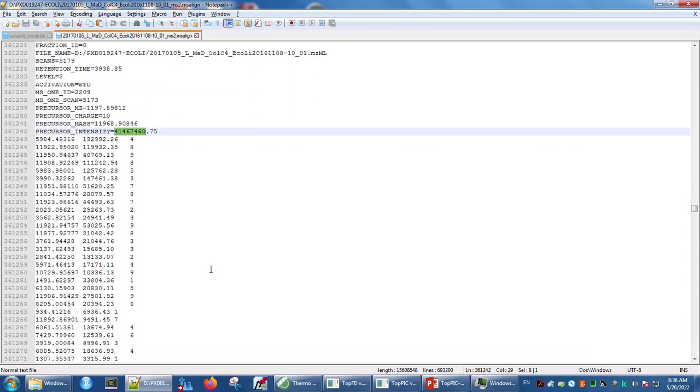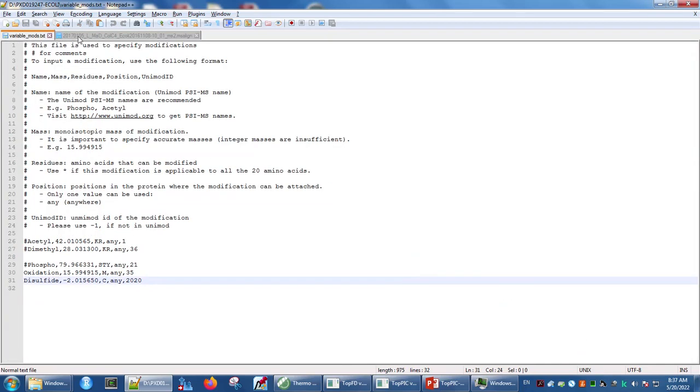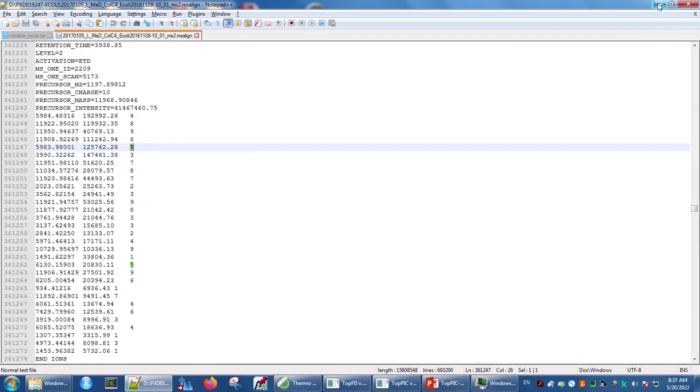If I keep dropping down, I see something that looks, for all the world, like an MGF file. I think many people are familiar with Mascot generic files as a common text format for these. Here we see that we have mass values, intensity values, and charge values. So originally, the peaks of the spectrum might have been represented in m/z order, but when we see them here, we're being given masses back rather than m/z values. All right. So we've got our variable modifications, we've got our MS2 Align files generated by TopFD,